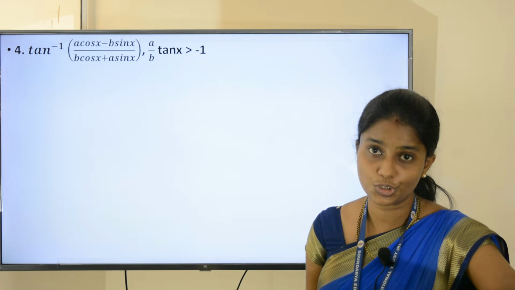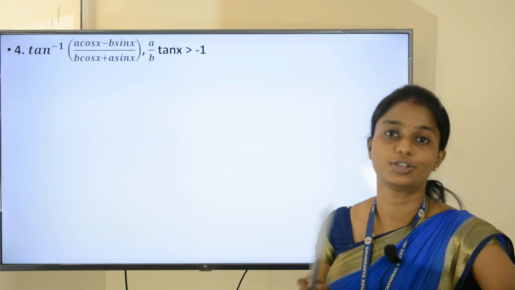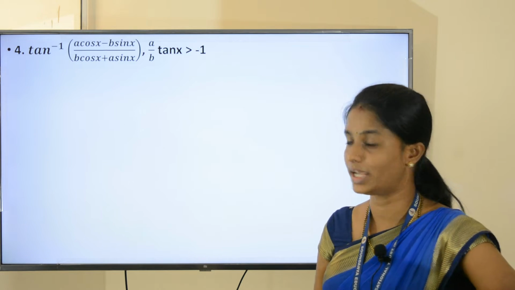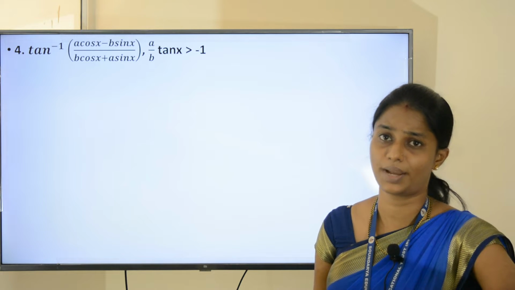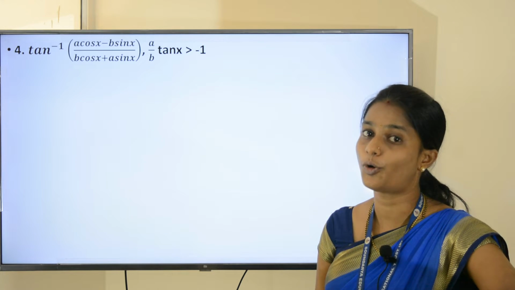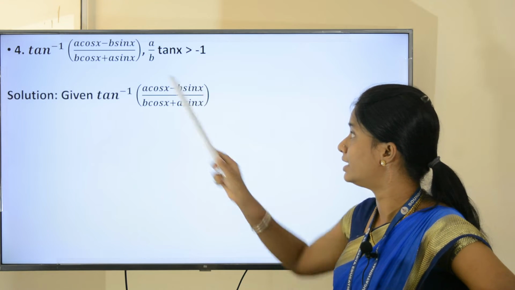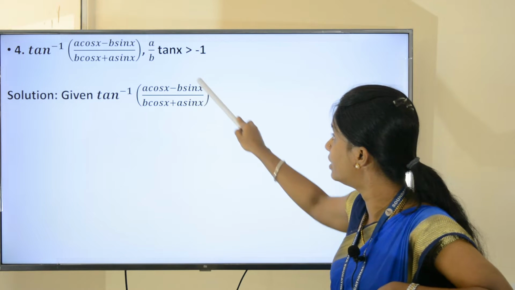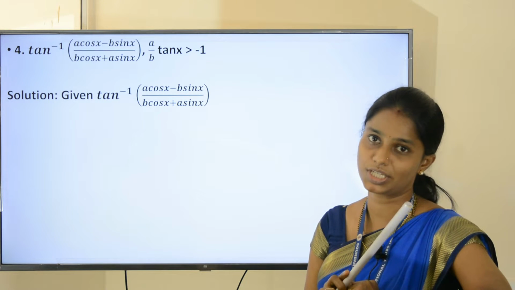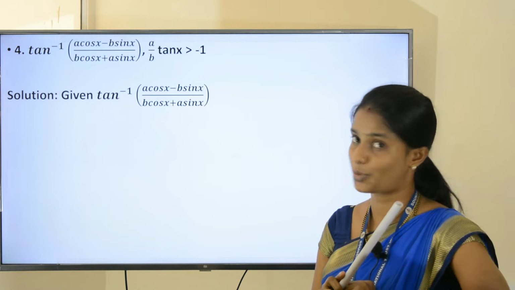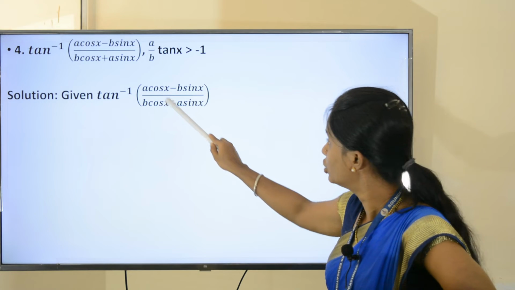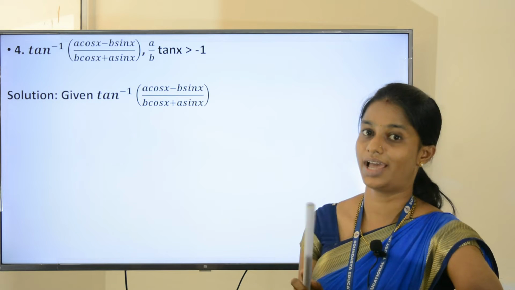Do we need any substitution here? No. Directly we are going to follow the second rule, isn't it? Second rule is what? We are going to apply the trigonometric formula. So which trigonometric formula can I apply? Do we have the direct formula here? No. So before applying the formula, please observe that we have to convert the result here in terms of the tan trigonometric function. We are going to follow the same procedure that we applied for the last problem, students. See, 1, 2, 3, 4, 4 parts are there. So this third part should be converted as a 1.